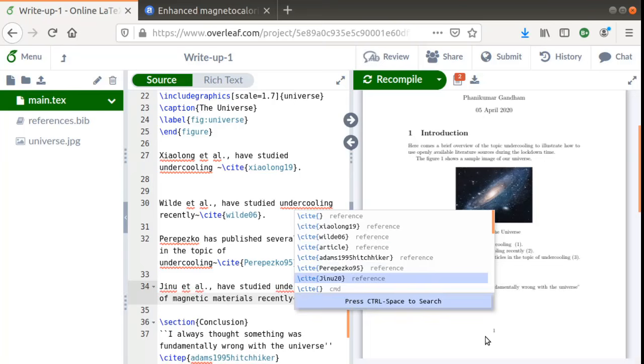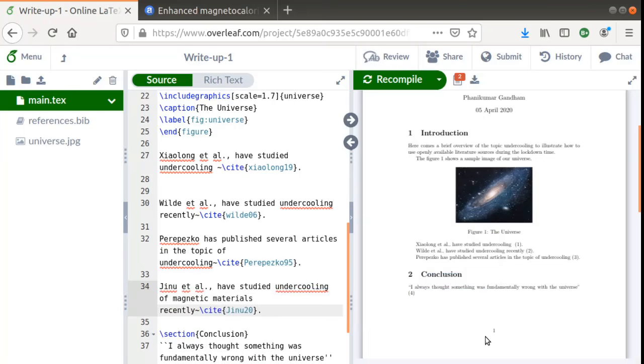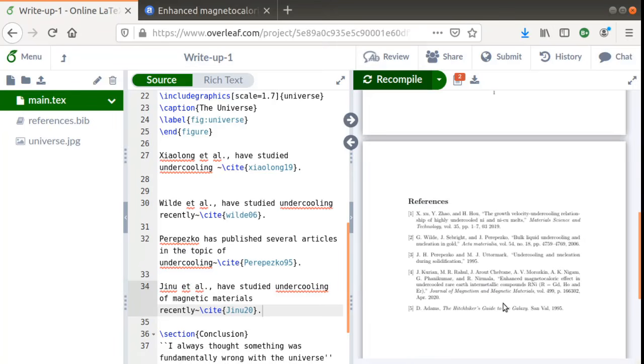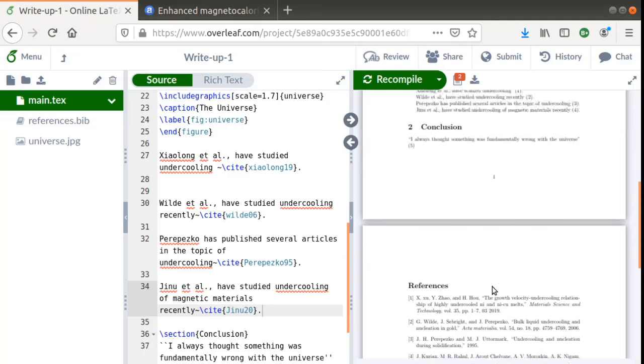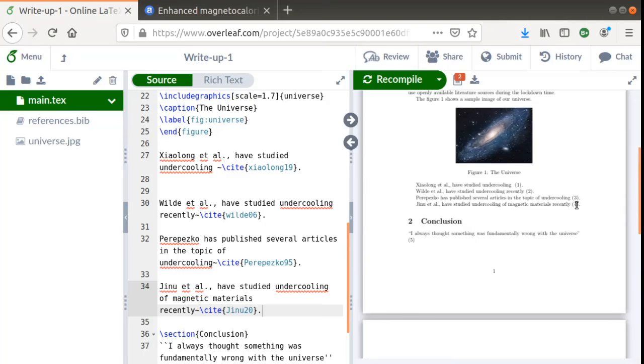Okay, and I pick the Gino 20 item and recompile. Once I recompile, you would see that the reference we just picked up is now available here as item number 4, the fourth reference in the text.